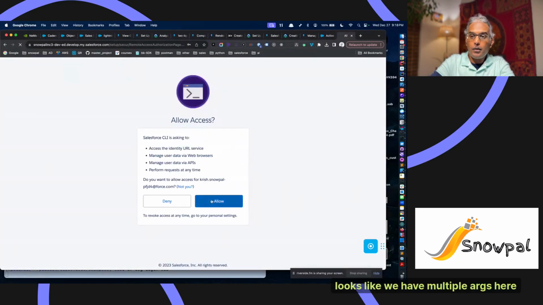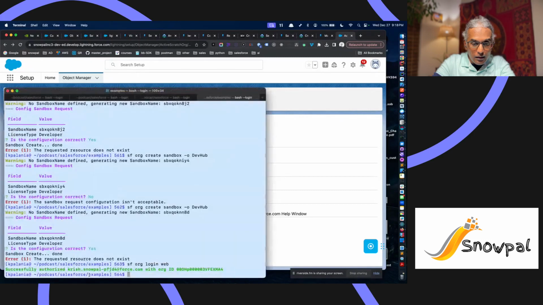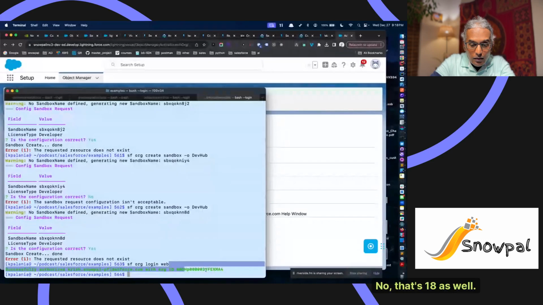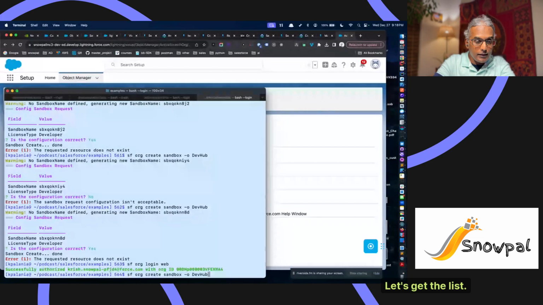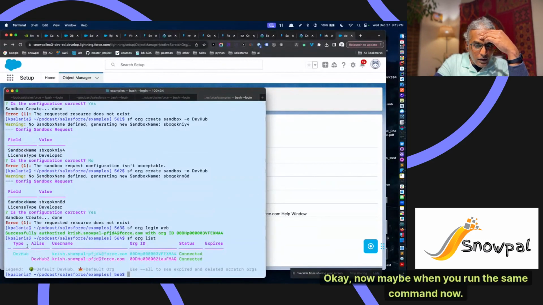So it looks like we have multiple orgs here. What is this org ID? Is this 15, 3, 5, 10? No, that's 18 as well. Okay. Let's get the list. So there is a dev hub here for this one. The type. Okay, now maybe when you run the same command now,